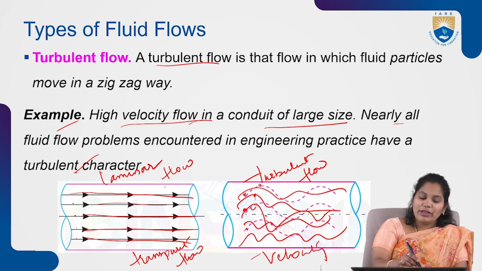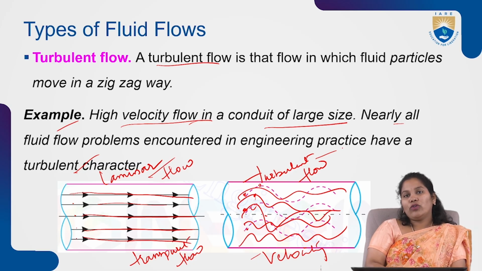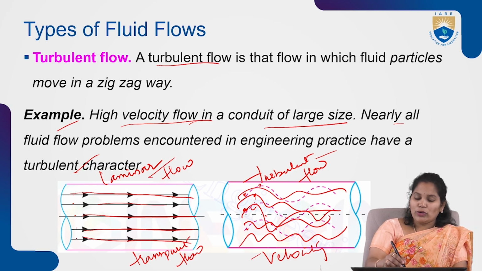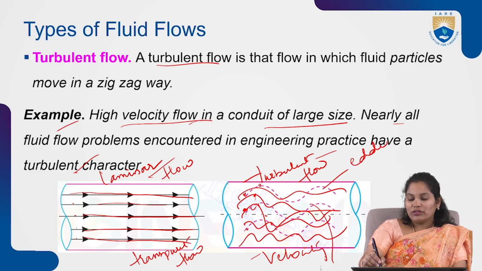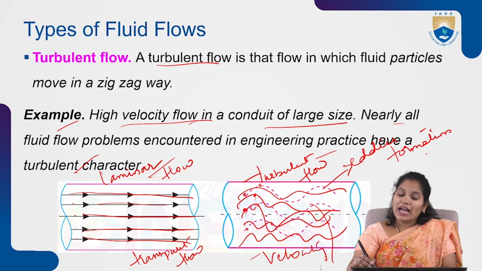See the image itself, we are seeing types of flow. See here, this is laminar, and here is the turbulent flow. Particles are disturbing one another's paths. Because of this, we see energy loss is also more. Eddies formation, particles jumping from one path to another. Due to this, there is a creation of eddies.